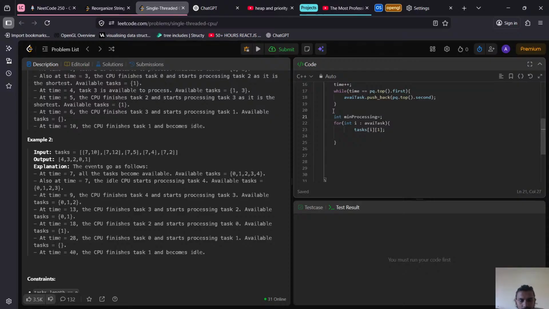Processing time will be simply int, okay. Accent. So what do you check? Very simply, check that processing time. So main processor is processing time is smaller than